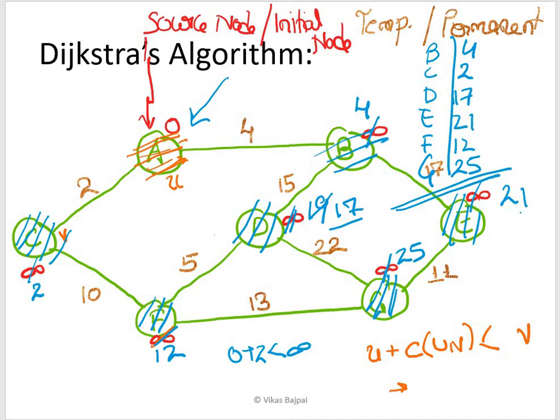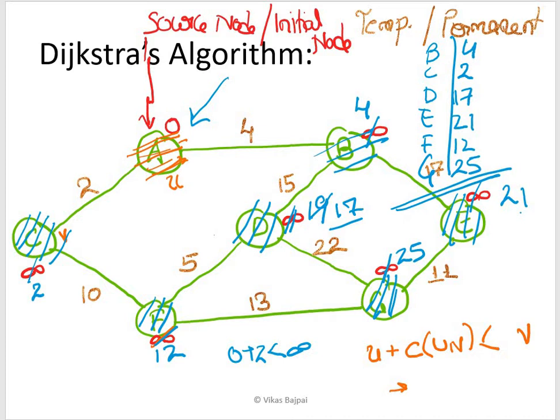We haven't talked about Prim's, and both the algorithms begin at a specific node and extend outward within the graph until all the other nodes in the graph are covered. The point where this algorithm differs is that while Prim's algorithm stores a minimum cost edge, Dijkstra's algorithm stores the total cost from a source node to the current node. And in addition to this, Dijkstra's algorithm is used to store the summation of minimum cost edges, while Prim's algorithm stores at most one minimum cost edge. So this was all about Dijkstra's algorithm.